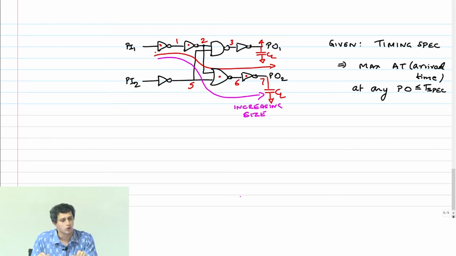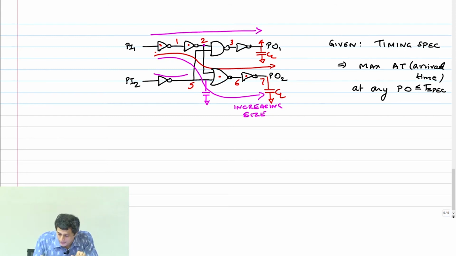In the process, what you will do is, you will increase the capacitance on this node. Now, if you increase the capacitance on this node, you are going to increase the capacitance on this node as well, right? On node 2, capacitance on node 2 will go up, which means now that this path delay may go up. Likewise, this path delay may also go up. Because that NAND gate, right,